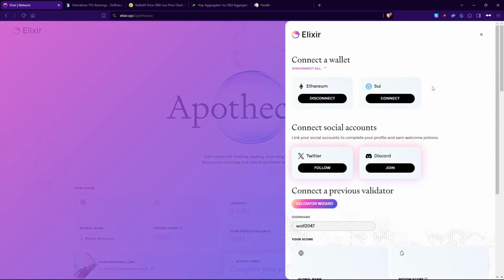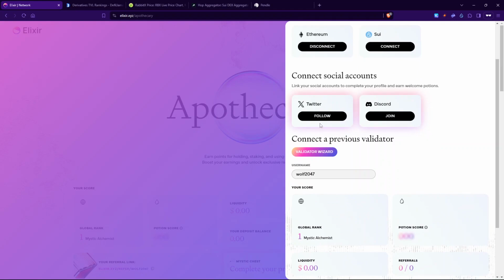Now once you've connected your Ethereum wallet, you can also connect your Sui wallet. If you're on Sui, please make sure you're connecting your Sui wallet before adding your socials. After adding socials, it is not accepting the connection, right? So let's connect all the wallets that you have beforehand. So connect your Sui wallet as well, and then once you've connected your wallets,